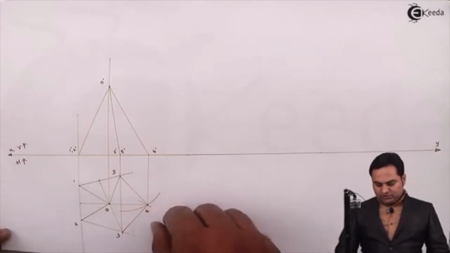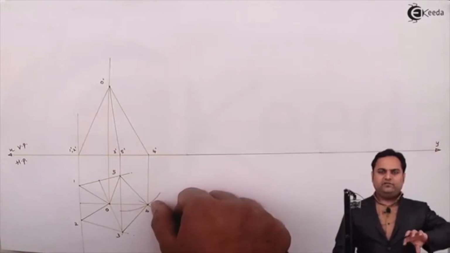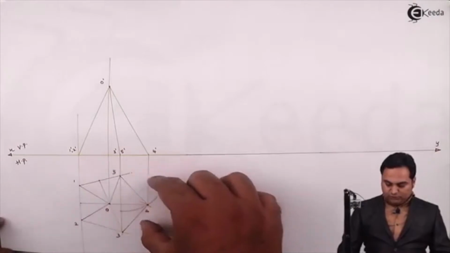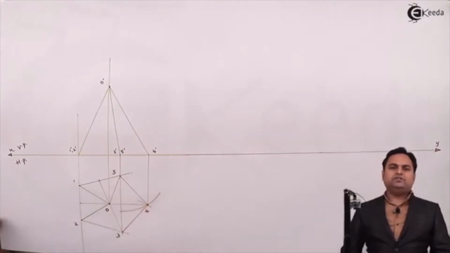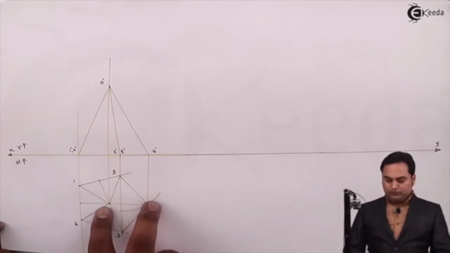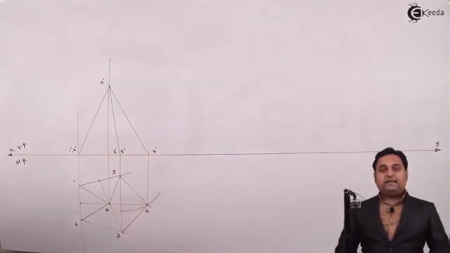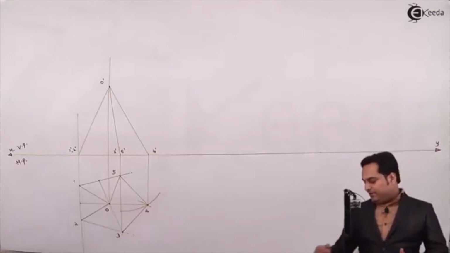Now here it is resting on this corner. Even if we would have tilted it onto the other side, that is this edge 1 to 2 would have been here, then also the condition would have been correct, that is O to 4 remains parallel to VP. Now after drawing it light, next I'll locate the cutting plane and then I'll make it dark.